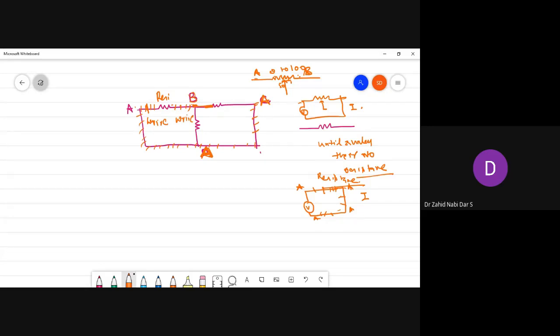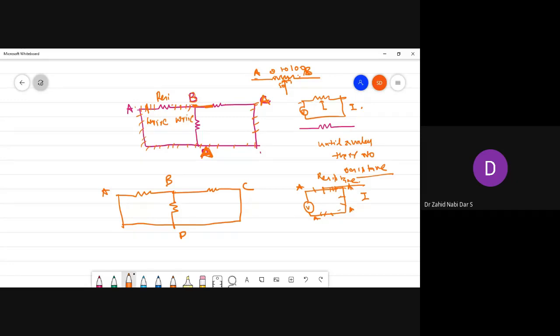So the thing is that if you label it like ABCD, see why I am teaching you this method. If I draw the same thing and label it as A, B, C and D, can you tell me how B and D, and B and C, are connected? It is difficult to identify whether they are connected in series or parallel.